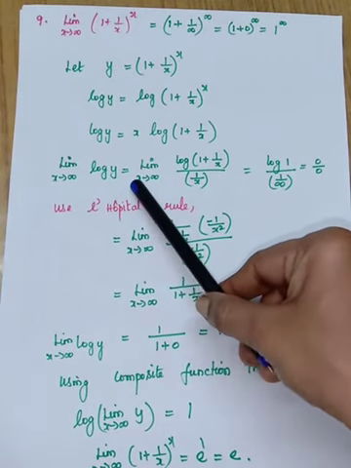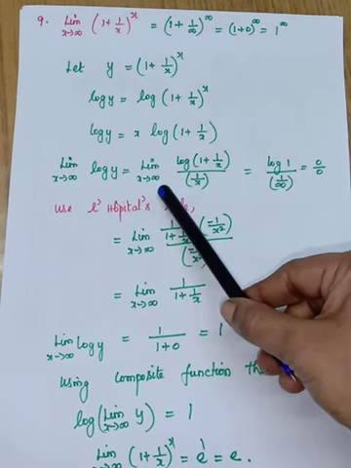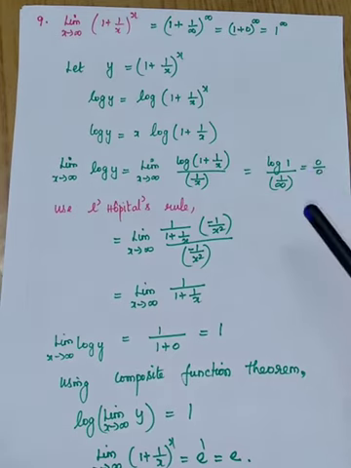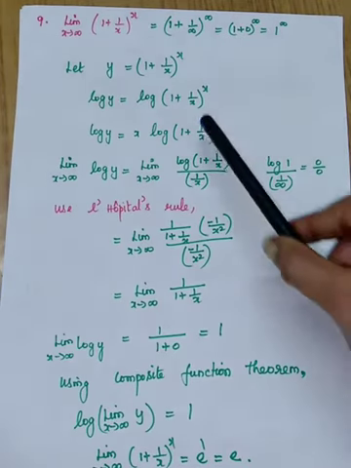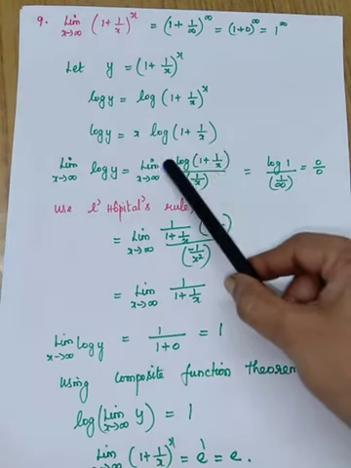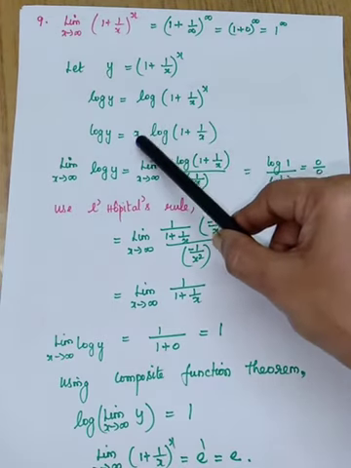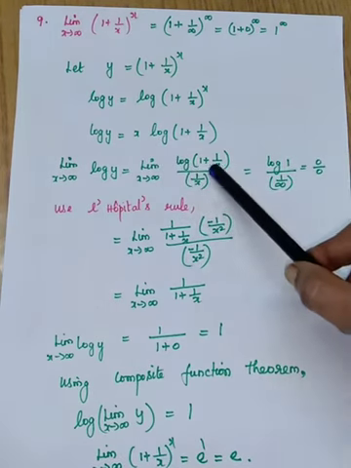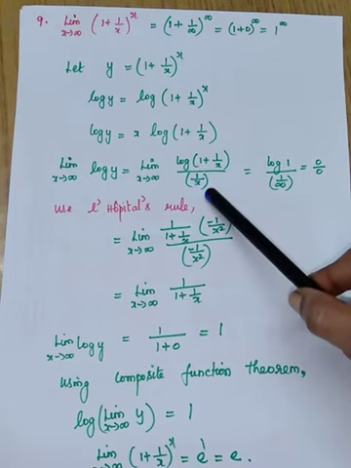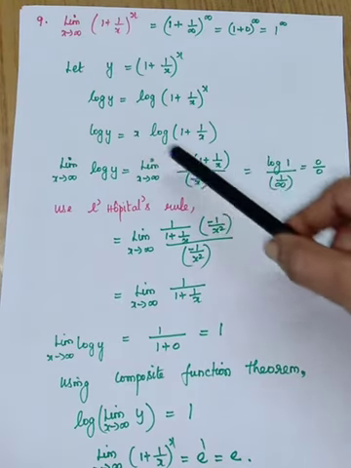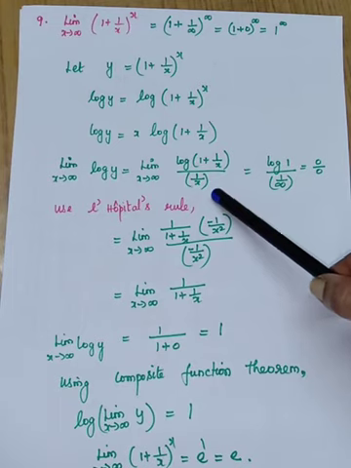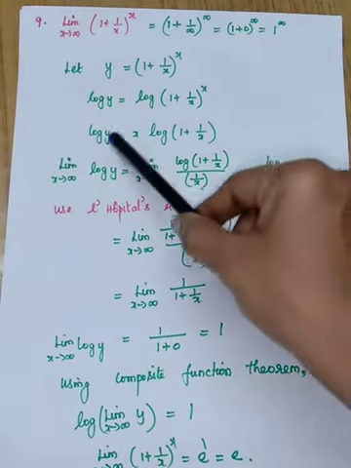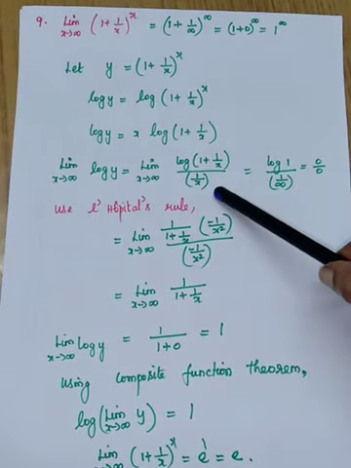Log y is equal to limit x tends to infinity. Here you have to arrange the function in the form of f of x by g of x. Then only we can apply L'Hopital's rule. So log of 1 plus 1 by x, I'll write in the numerator. Here you are having x in the numerator. You have to bring it down. So it has to be written as 1 by x. So this x is in the numerator. How can you write it? It has to be written in the denominator of the denominator. So I have written it as 1 by x.